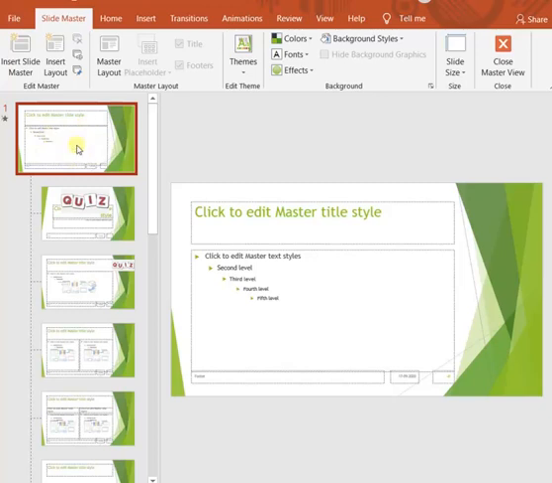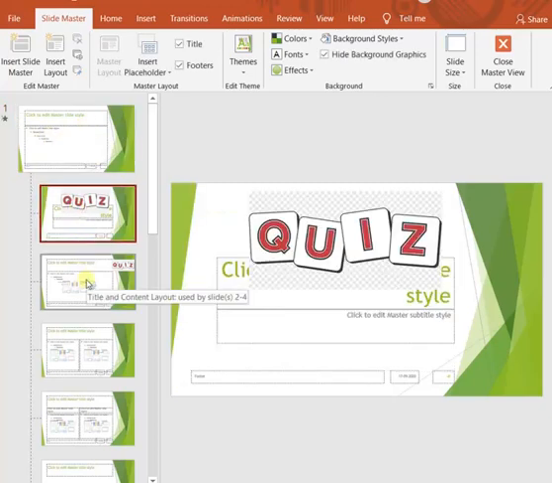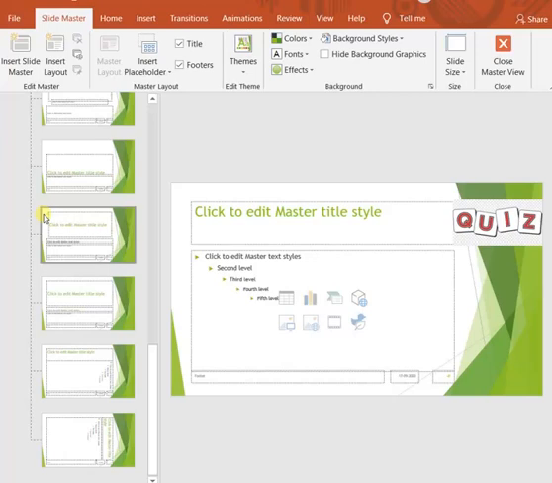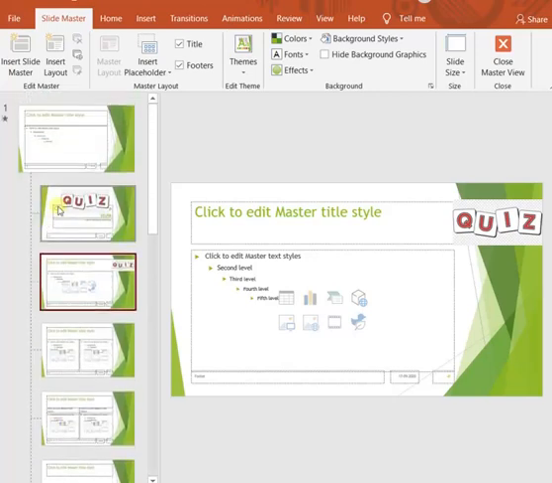This is the slide master, and within this slide master there are different layouts, and only these two layouts are used in our presentation. The rest are not used. You can delete them.